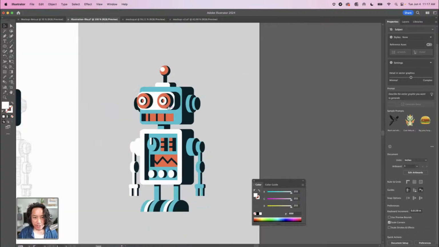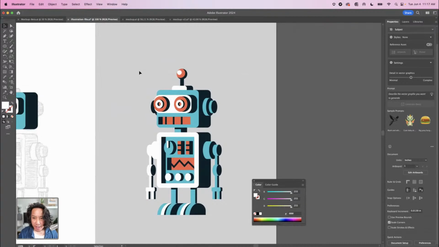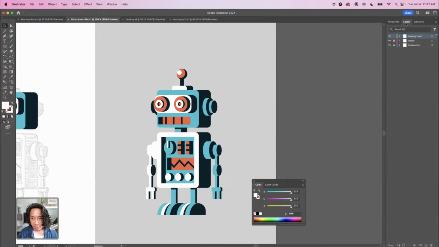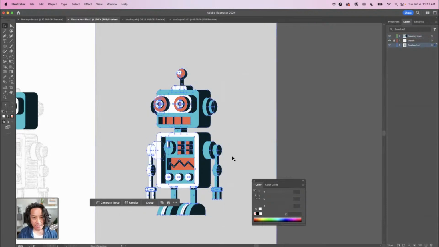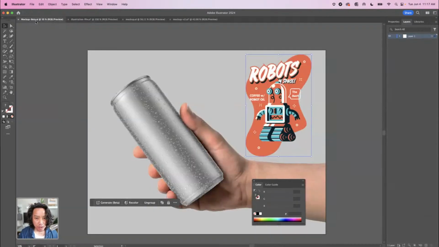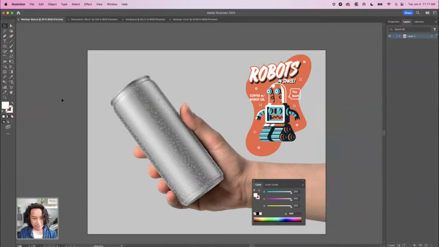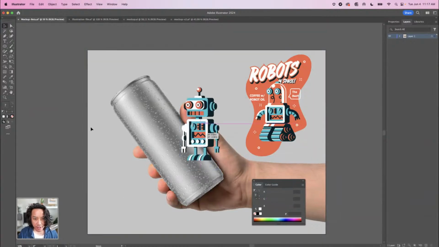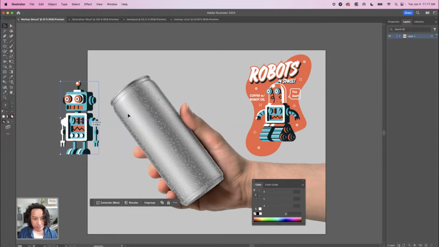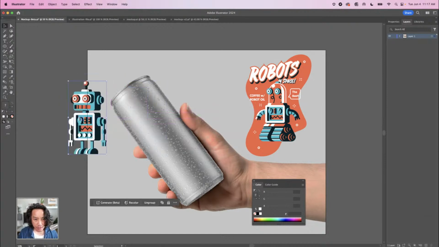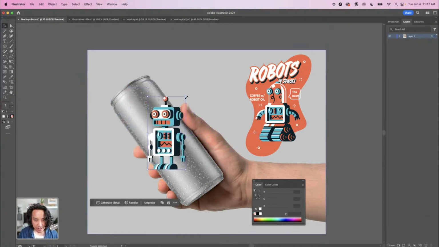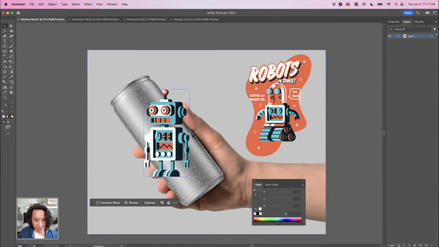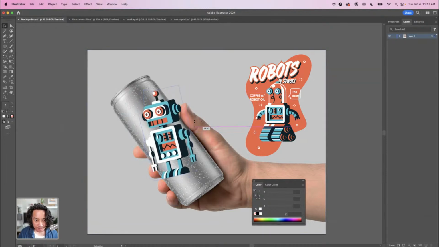Let's just copy this robot here, just so you know that I'm not making all of this up with the mock-up stuff. So if I grab this robot, oh, that's right, I locked this layer. So let's unlock that. If I grab the robot here, Command C, and then I go back to this mock-up image here, I'll just paste my robot. Check this out. If I group this, Command G, so now it's all one piece. If I hover over my can here, and then I tilt this over to the side,